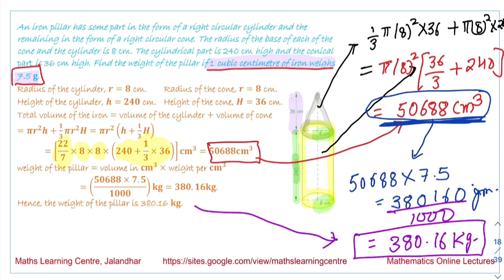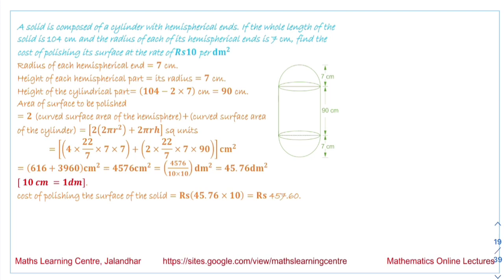Next we have: a solid is composed of a cylinder with hemispherical ends. The whole length of the solid is 104 centimeters and the radius of each hemisphere is 7 centimeters. Now the complete length is given to be 104 centimeters. The radius of this hemispherical part is given to be 7 centimeters. So the remaining portion over here will be 90